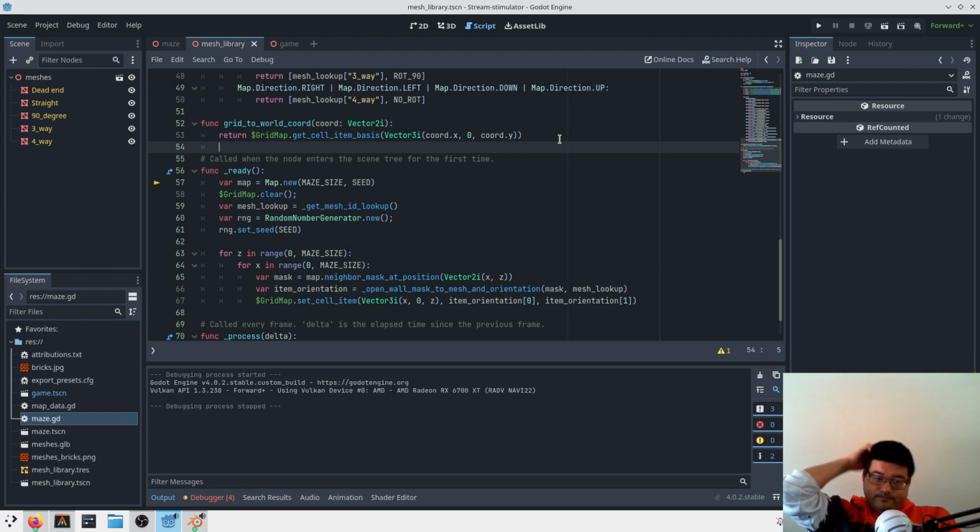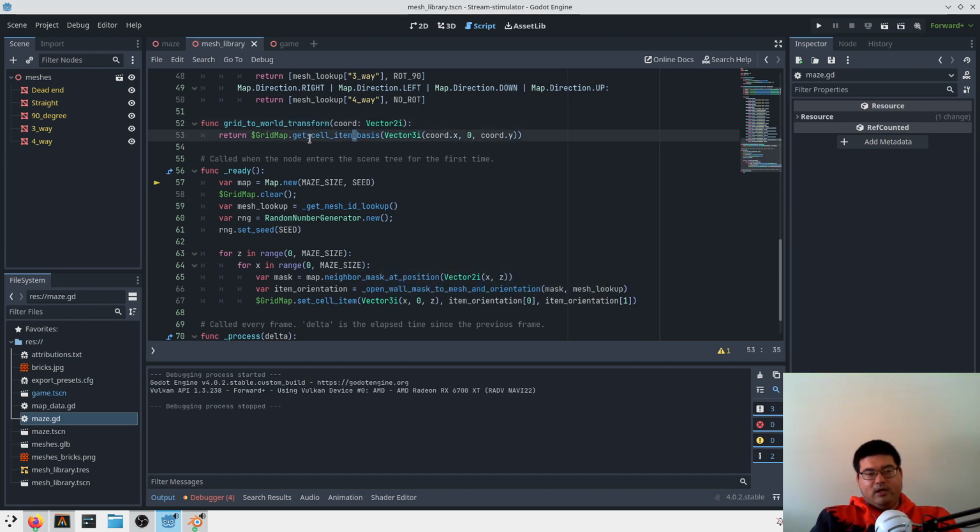And okay, so I think that's probably all I need. Grid to world transform. I gotta be careful here because if my grid map is not positioned at 0, 0, 0, I suspect this is probably relative to the grid. So I probably,